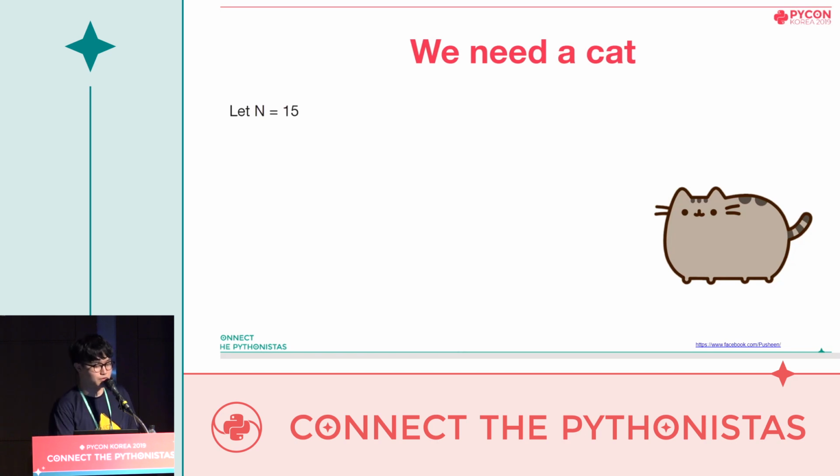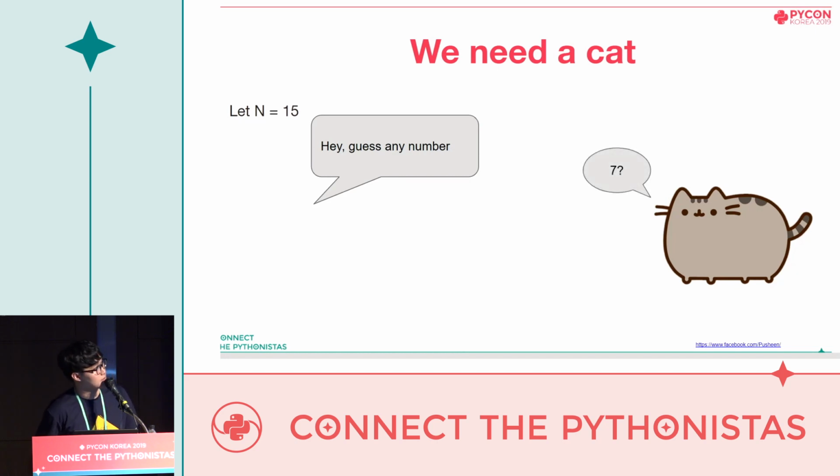That makes our goal to find two numbers that make 15 when they are multiplied. What we are going to do first is to guess any number g for which the common divisor between g and n is 1. So let's say it's 7. So we're setting g as 7.